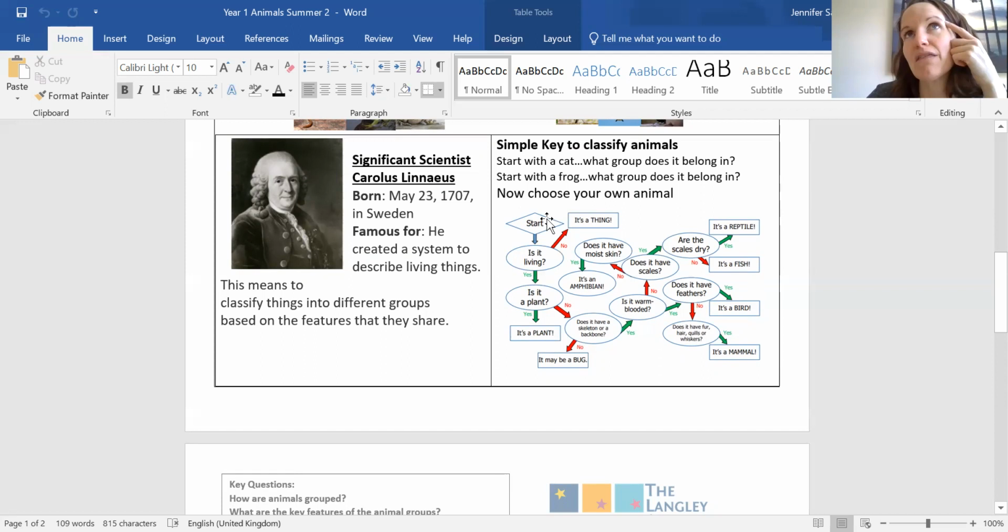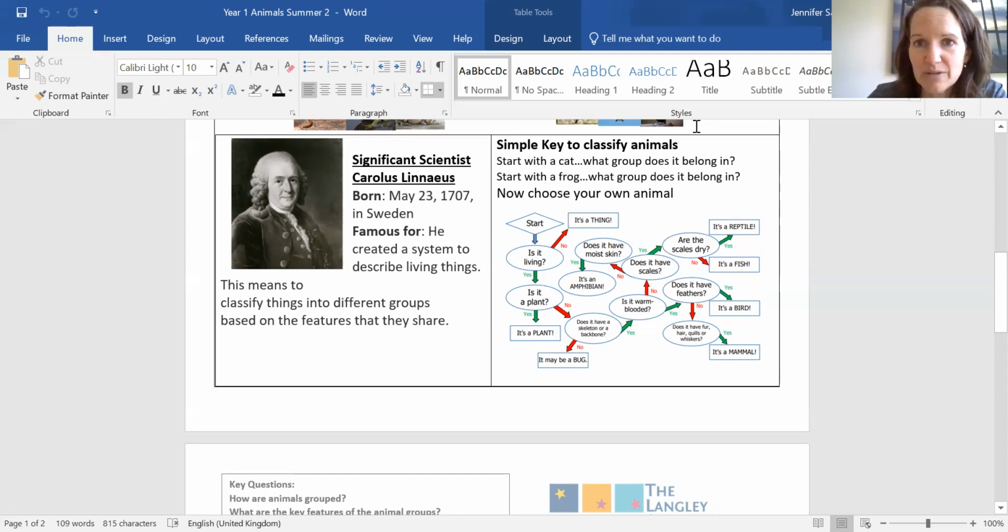Let's start with a chair. Is it living? No. So it's a thing. So you can see how it works. So you can choose any animal that you want, and you can follow the key to see if you've ended up at the correct